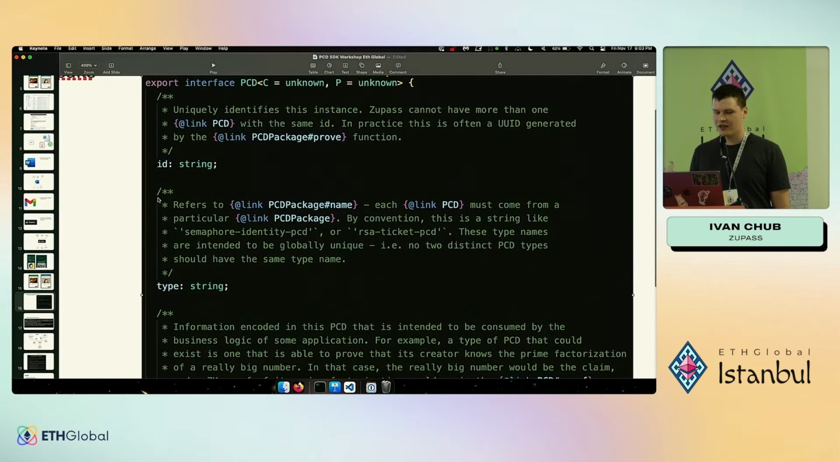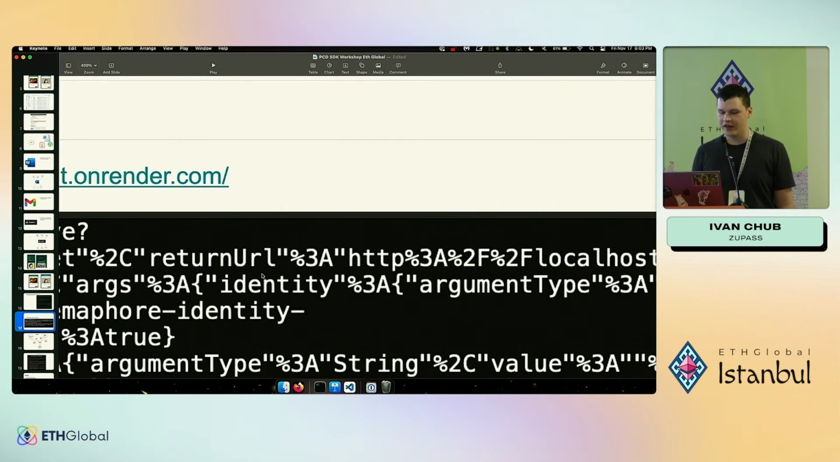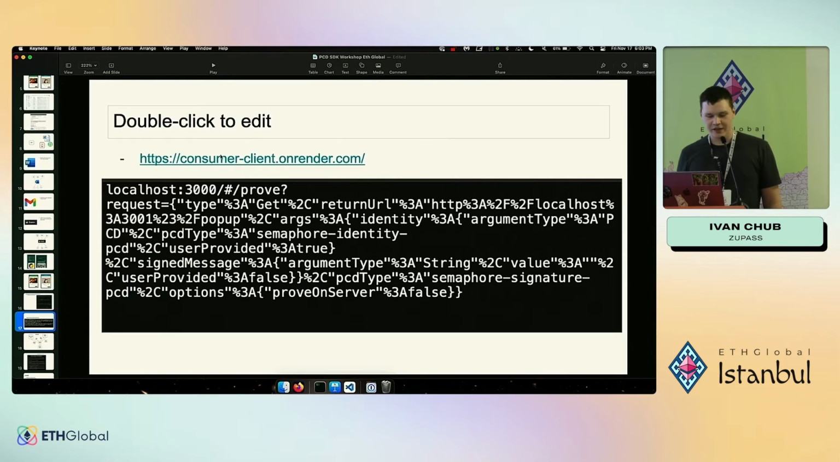So this interface has a couple of other fields. ID, it uniquely identifies a particular PCD, and a type. There are many different types of PCDs. For example, in the prime factorization situation, the type would be the string, I don't know, prime factorization or something like that. Okay, so Zupass lets you hold a bunch of these PCDs,